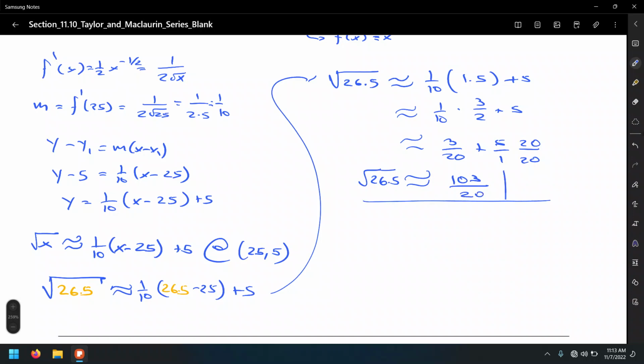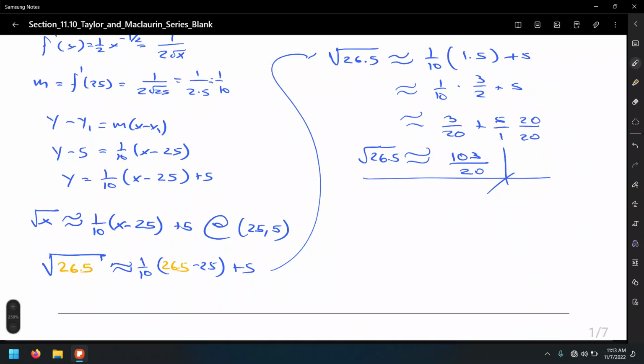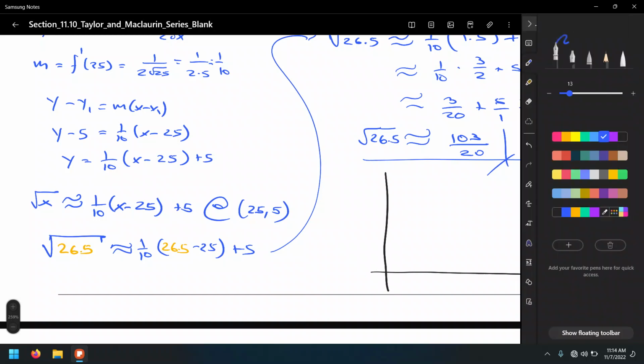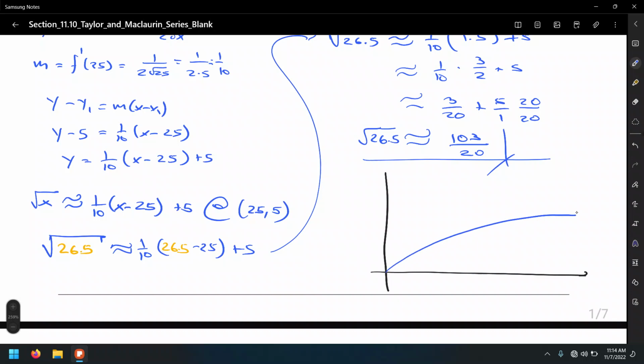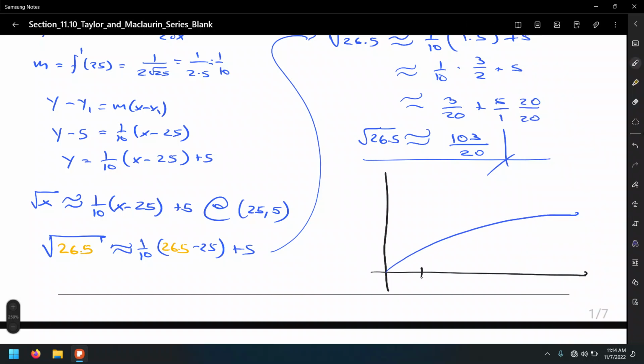But what's all this anyway? Well, what's the bigger picture? Why do we review? And so number one, we review this so you can see the limitations of the linear approximation. So this is the graph of the square root of x, and let me scale this to 5, 10, 15, 20, 25,